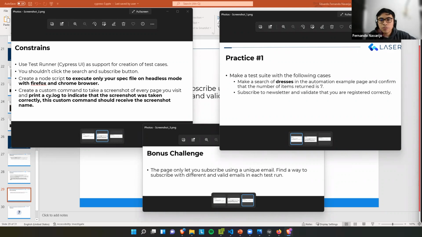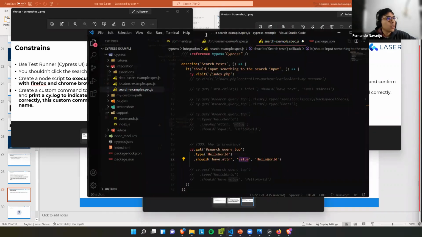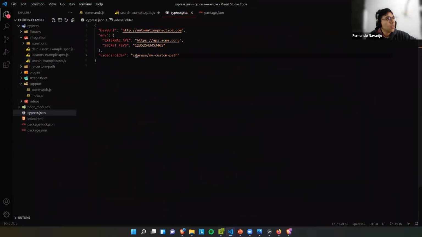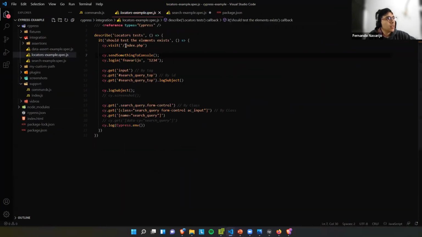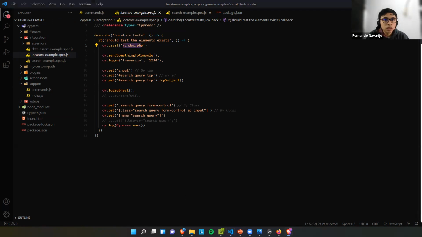If you're having the 404 issue, there are probably two things that you need to check. First, check your base URL, if you already configured it. If you're using relative paths, or the absolute path, check that you are referencing the index.php, because the URL that you need to be using, I'm going to send in the chat,